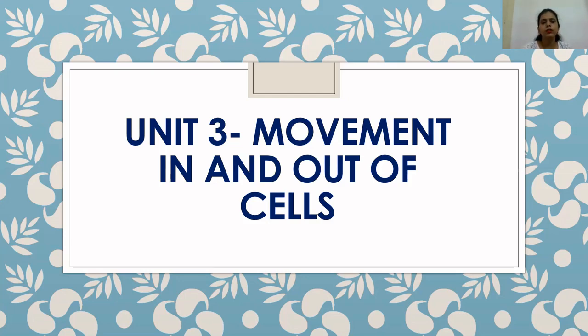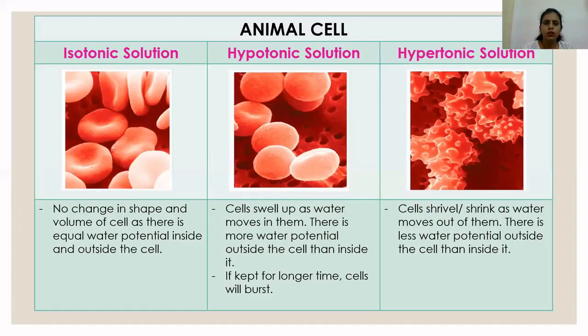Now in this video we are going to talk about the state of animal and plant cells when they are placed in isotonic, hypotonic and hypertonic solution. So here is a small table given. First we are going to talk about the animal cell, and we have taken the example of the red blood cell. You are already aware, you have studied in your lower classes, maybe in grade 7 in the transportation chapter, that red blood cells are biconcave disc shaped. That means there is a depression present in the center on both sides of the cell.